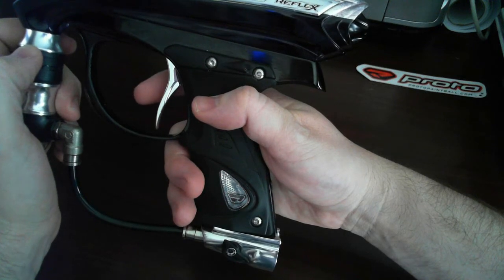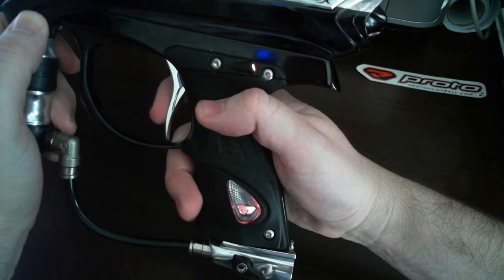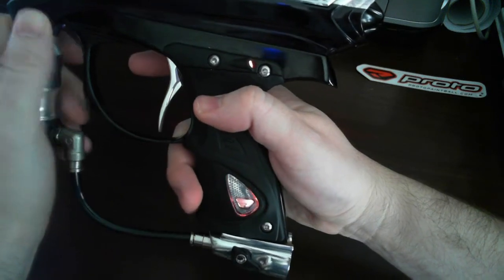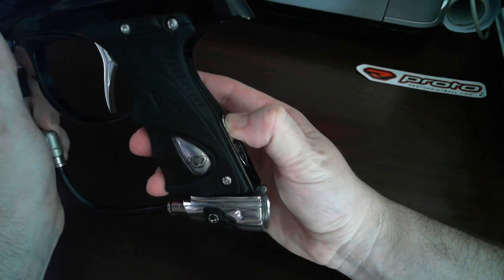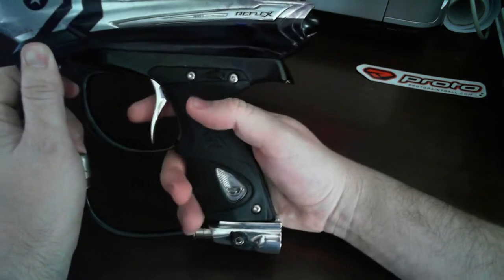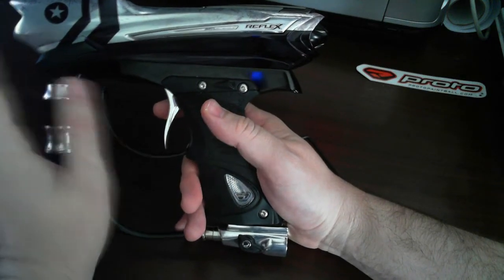I'll increase the rate of fire so you can hear the Millennium. And go ahead and power off the board. And that's how you program the Proto Reflex Rail. Just a quick tip,